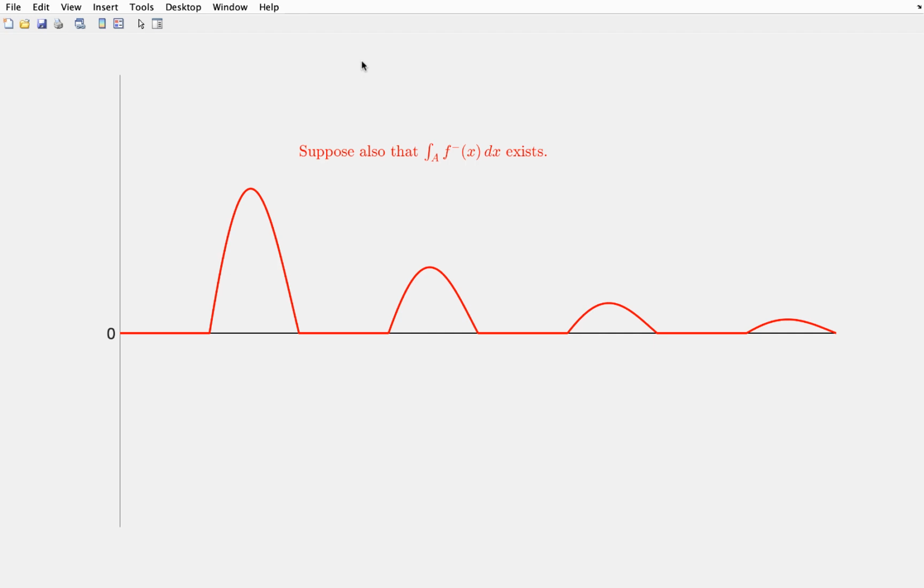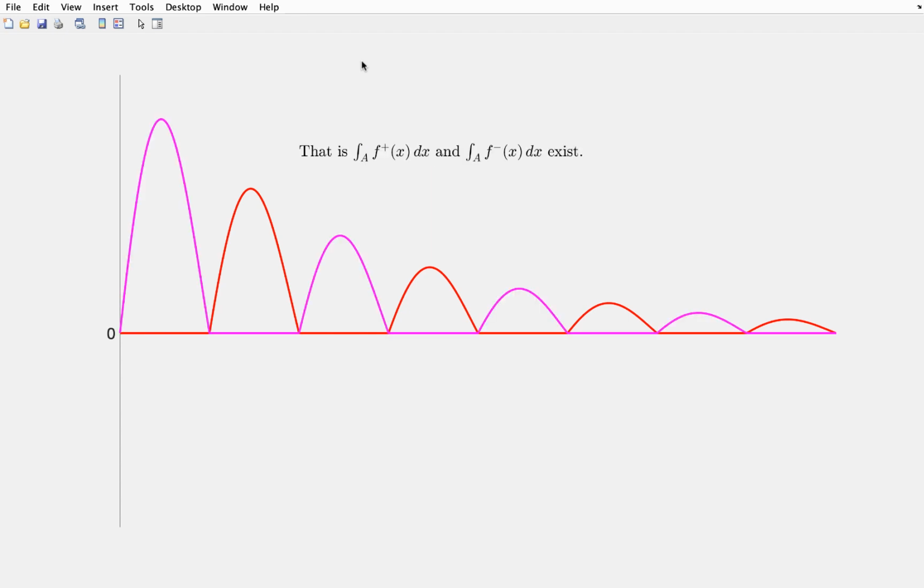And suppose that that integral exists. Again, we have all the tools we need to understand whether that integral exists because it's a non-negative function over an unbounded domain, but we can handle that now. Well, if the integral of f plus and f minus, remember f minus is the negative part flipped to become positive, if both of those integrals exist separately,